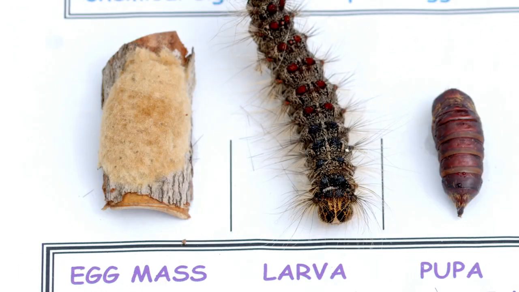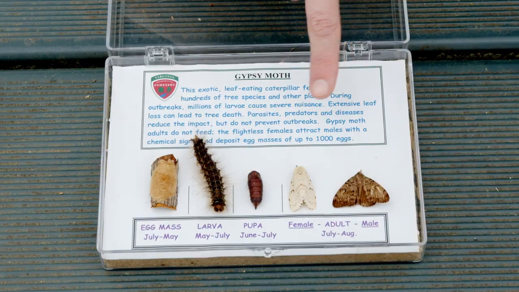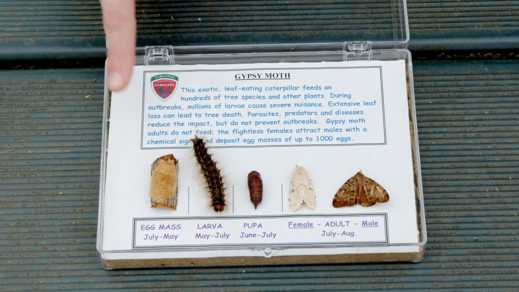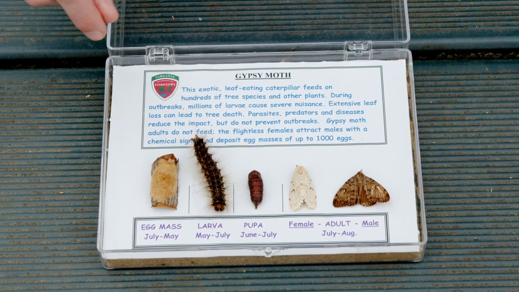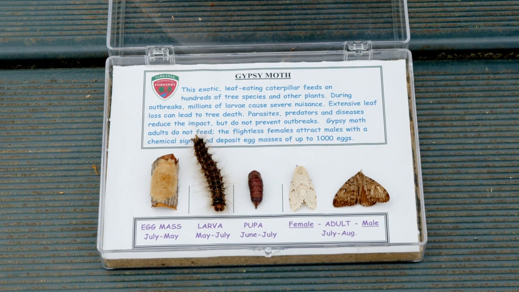Fall is a great time to start scouting your trees for spongy moth egg masses. Females are so heavy with eggs that they cannot fly, and the males will fly to her, attracted by pheromones. Once they've mated, the female will lay an egg mass, which is over here. This will be on pretty much any flat structure or the undersides of branches, wherever they're protected from the elements. It's kind of this rust-colored, slightly fuzzy egg mass, and inside are individual eggs